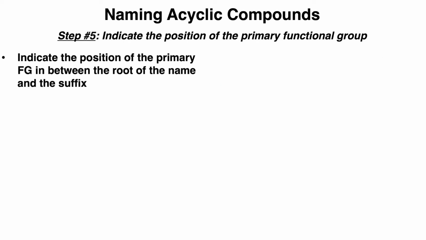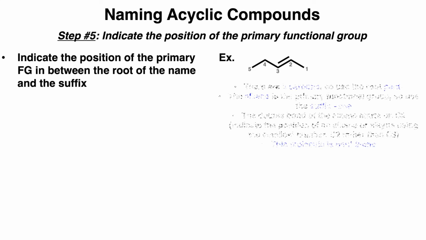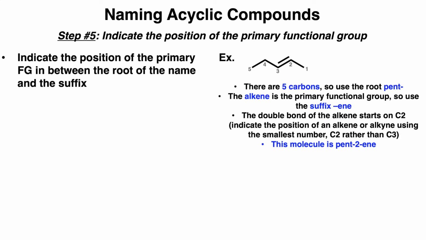Step 5 is to indicate the position of the primary functional group in between the root of the name and its suffix. For example, this molecule has 5 carbons, so we'll use the root pent. Since the alkene is the primary functional group, we'll use the suffix ene. The double bond of the alkene starts on C2, so this molecule is named